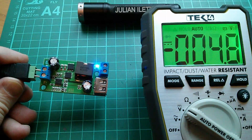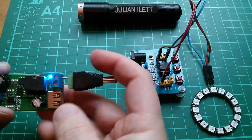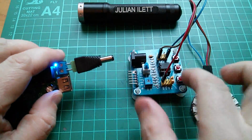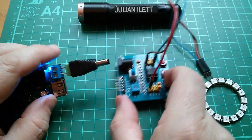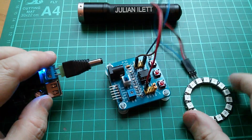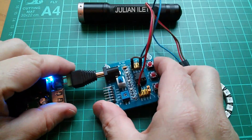Okay, let's see if I can drive something with it. Right, I've put a male plug on the 5 volt output, so if I plug that into my NeoPixel Ring project, because that microcontroller takes 5 volts, the pixels themselves take 5 volts, that should...